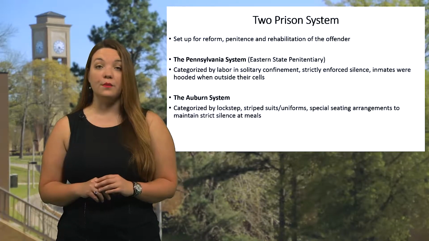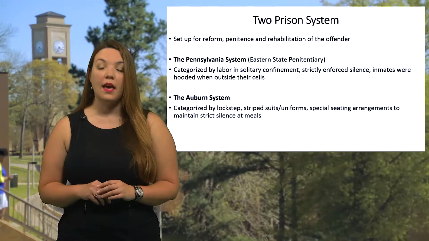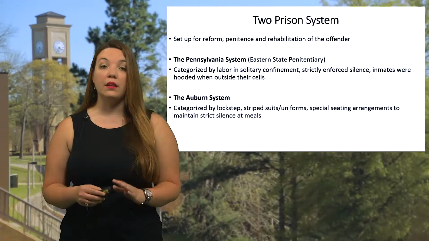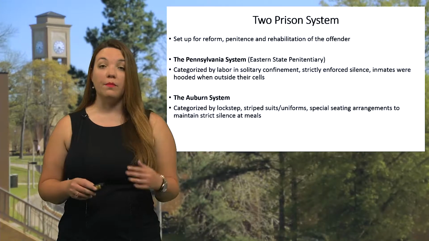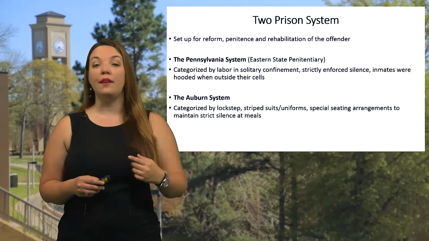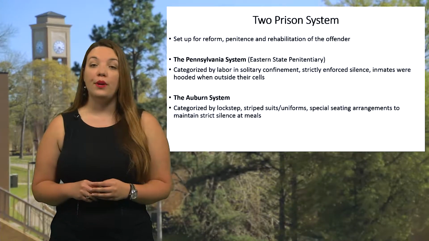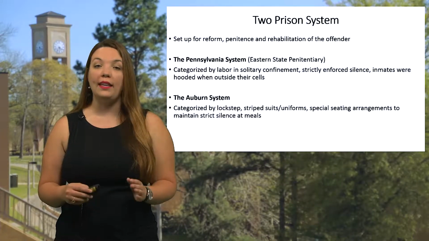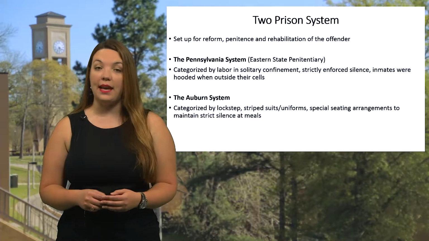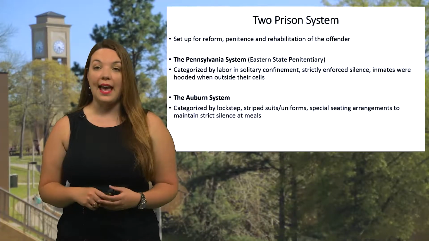Although both prison systems were somewhat progressive for their time, they are not without their individual criticisms. The Pennsylvania system's use of solitary confinement was expensive to build and operate. The prison very quickly became overwhelmed with inmates. There weren't enough cells for the amount of inmates that they were trying to house. In addition, prison officials quickly learned something that we widely acknowledge today, that solitary confinement leads to mental health issues for the inmates.